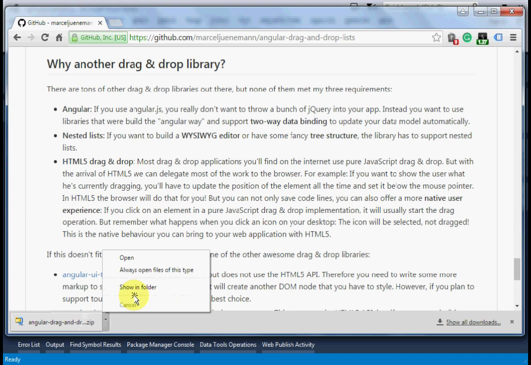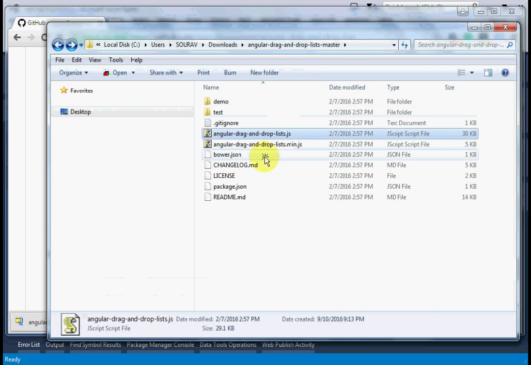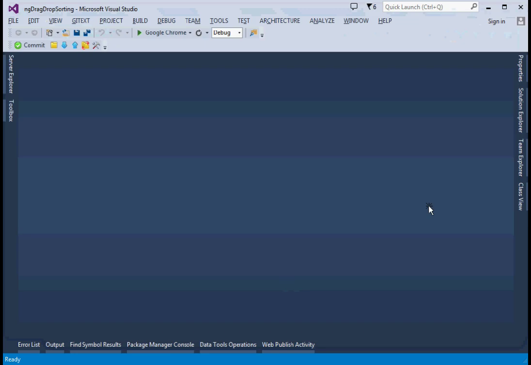So I will go to here. From here I need to copy this angular-drag-and-drop-lists.js file, and I will add it into our application. Here in our application,